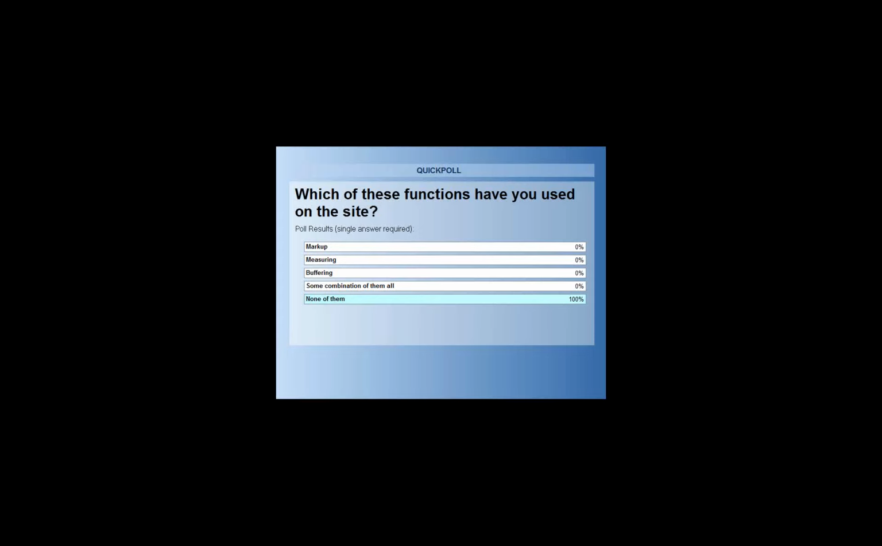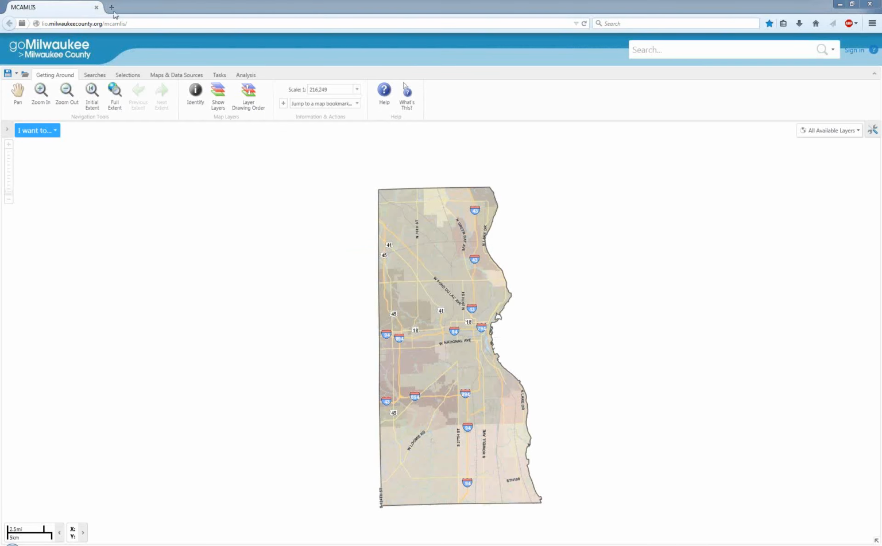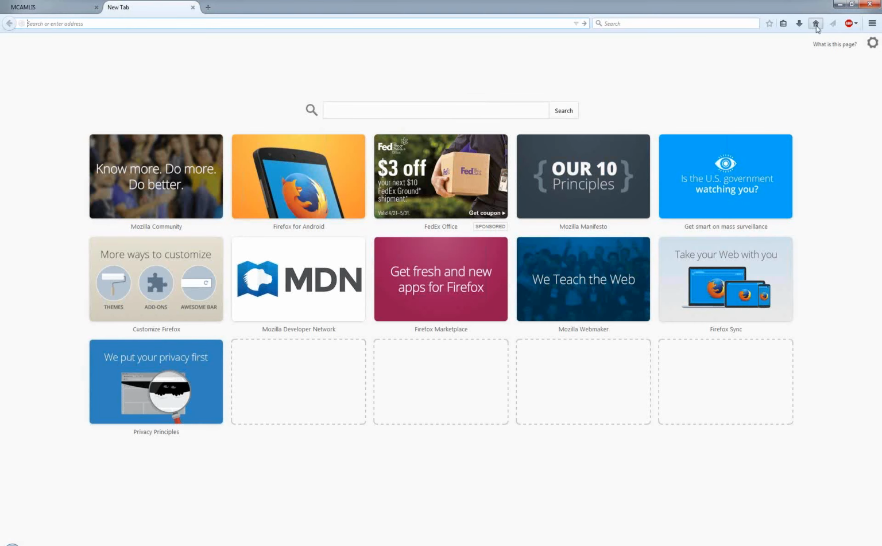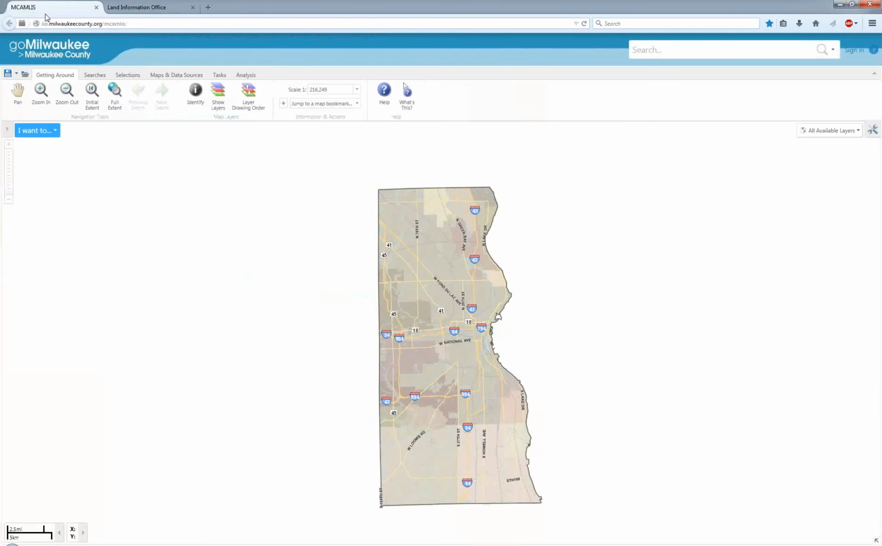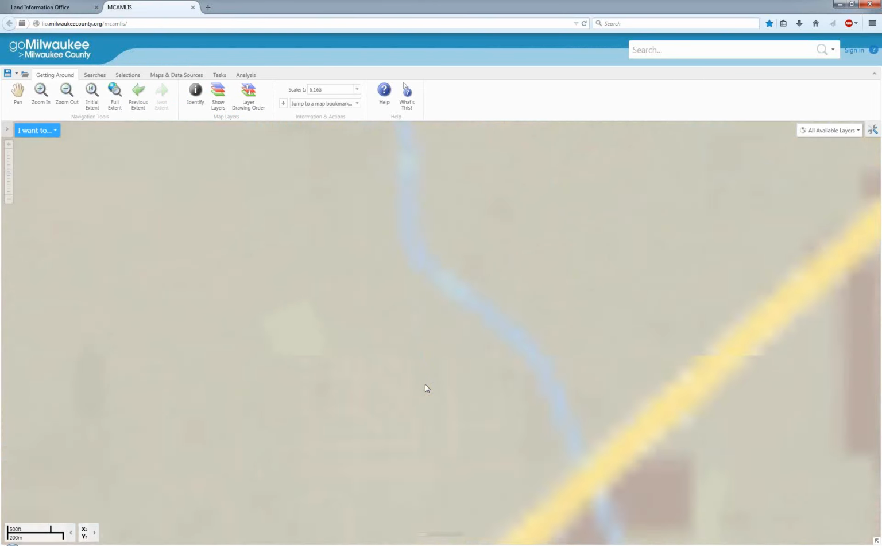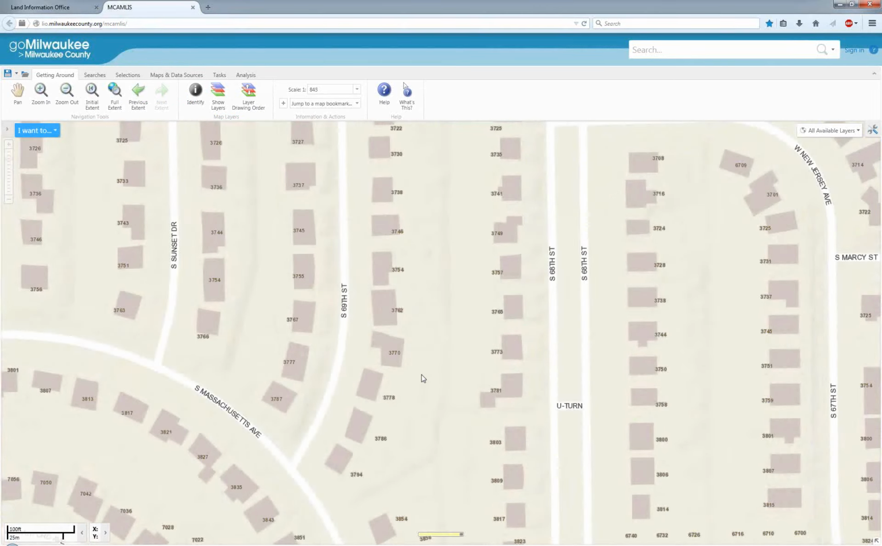So with that, I'm going to go over to the website, which, as always, is available at the Land Information Office's website, county.milwaukee.gov/MCLIO. Right on the front page, you can click on Launch the Viewer, and that'll bring up the MCLIO website. This is the starting page. You see the entire county. I'm just going to arbitrarily zoom in someplace on the map, since it doesn't really matter for these examples. Here's a residential neighborhood,